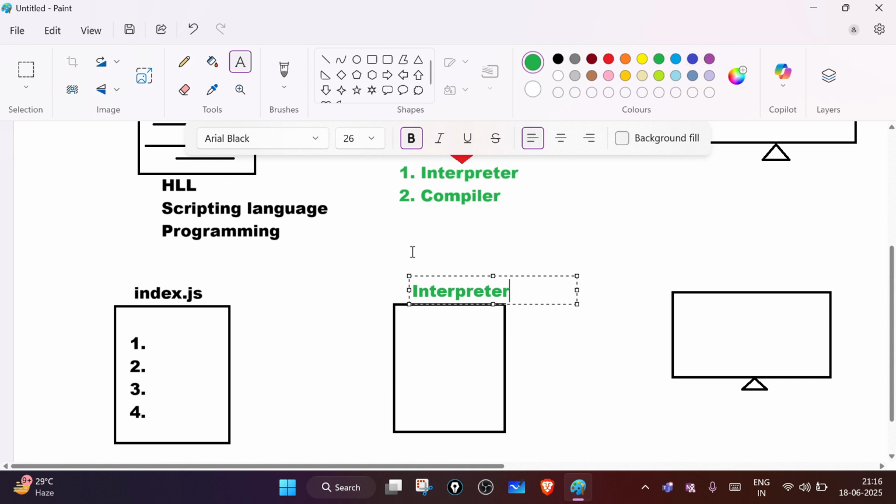Okay, so what is the name of your translator? Interpreter. So what is the working of the interpreter? Basically, it will read the instruction, or we can say it will fetch the instructions. Second, it will verify the syntax. Verify syntax means it will check whether you have written the correct JavaScript or not. That is checked by the